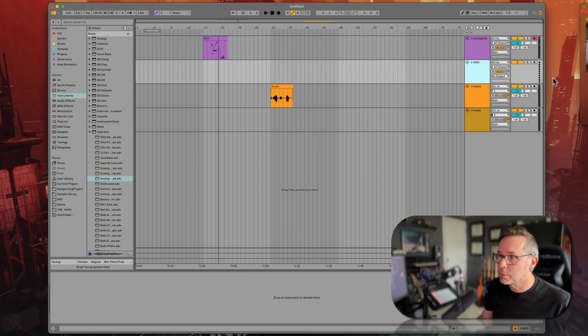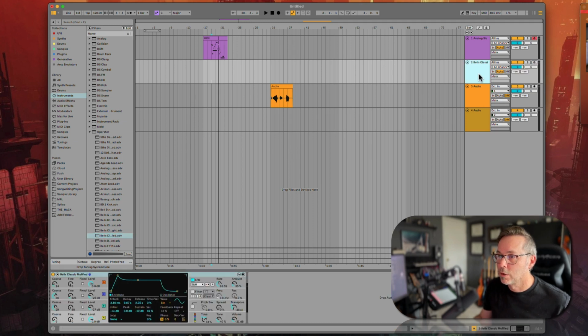Okay, let's look at this MIDI track. It's got data dots, meaning there's not an instrument on this track. Now, if I wanted to play some notes and listen to this track, I need to first put an instrument on it. Okay. And now, if I played some notes on my computer, I'm still not going to hear this track